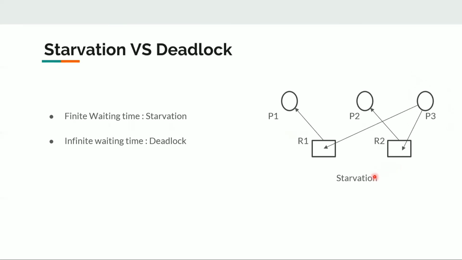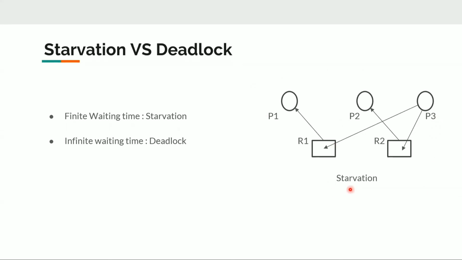So what it's saying is P3 is getting delayed in getting executed, but it is a finite time. The finite time can be anything: 1 second, 10 seconds, 10 minutes, 1 year, 2 years, 1,000 years. But it is a finite time, okay? It is not infinite. We can still determine that after execution of P1 and P2, the resources will be deallocated and allocated to P3. So we can determine the time. It is finite.